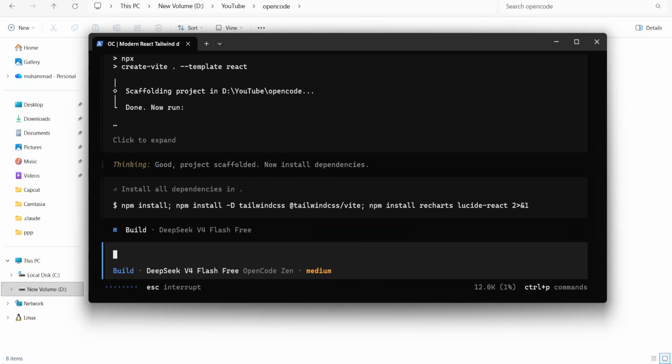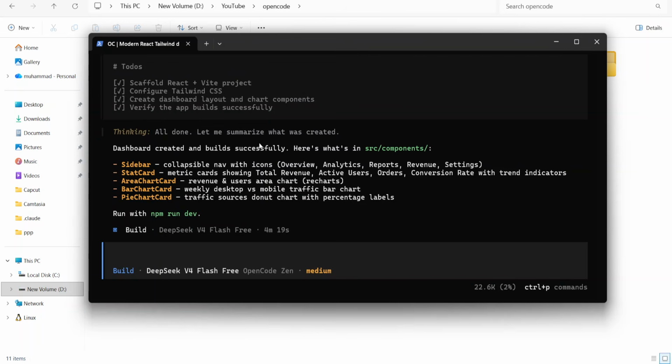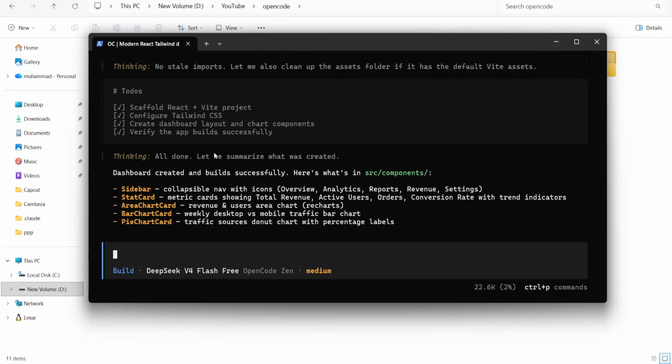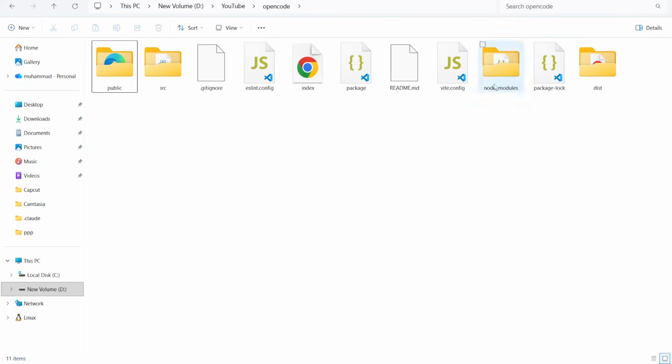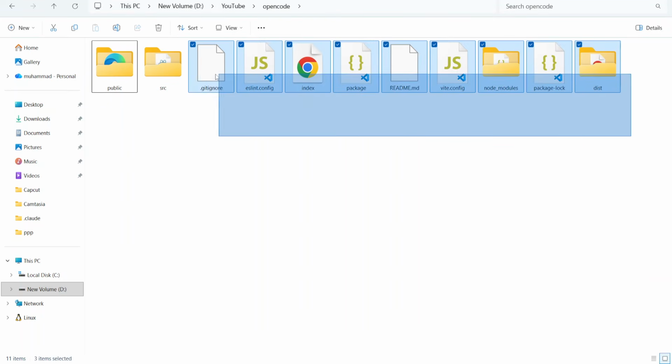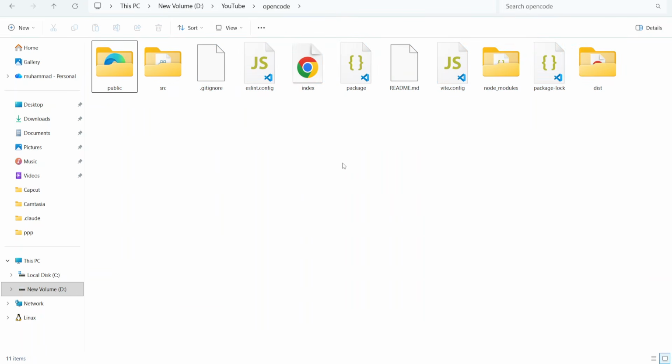So first of all, it will install Tailwind CSS, the React project, and recharts. It will do everything and install it on its own. After installing it, it will create the project. Then we will just run it and see the result. So it has completed creating the project dashboard for us, as you can see. It says to simply move to the folder and run npm run dev. So let's run it. Okay, as you can see, it has created all these files,